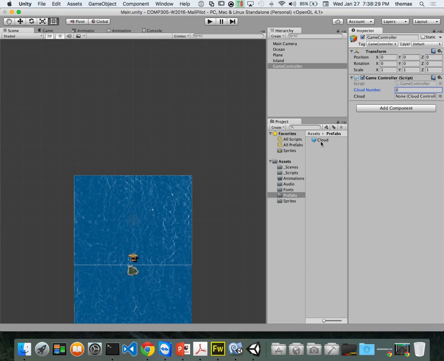So I take my cloud prefab, right? Now watch, and if I drag it into this, it highlights blue. If it highlights blue, we're golden. Notice how I get a cloud, and it doesn't actually look at the cloud itself. It looks at the cloud controller. That's going to point to its